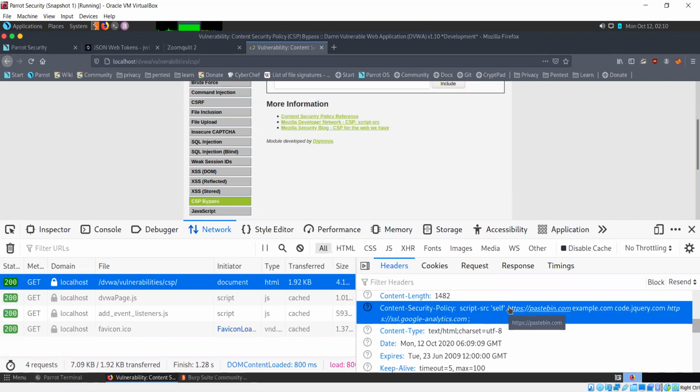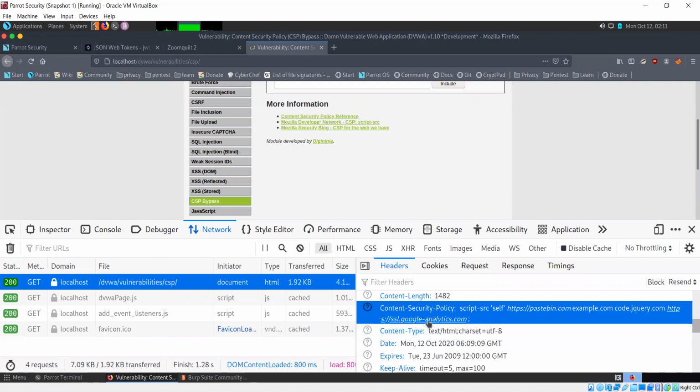So pastebin.com is another domain from where this page can load scripts. Example.com is another one. Code.jquery.com is another. And https ssl.google-analytics. So there are 5 sources actually, including self, pastebin, example, jquery, and Google Analytics.